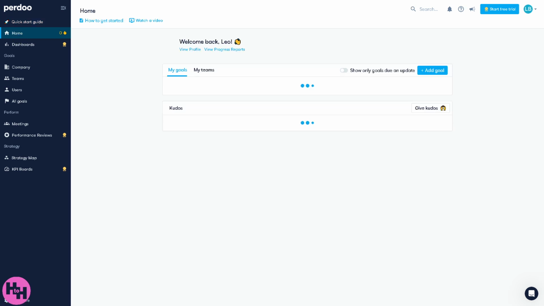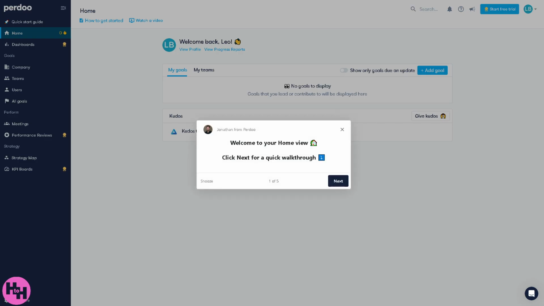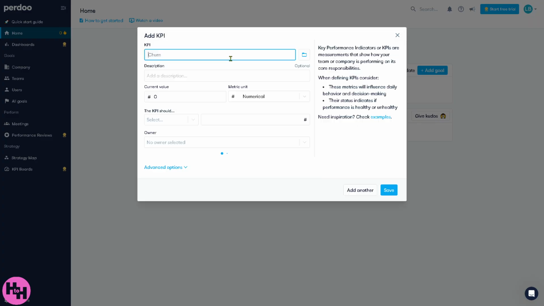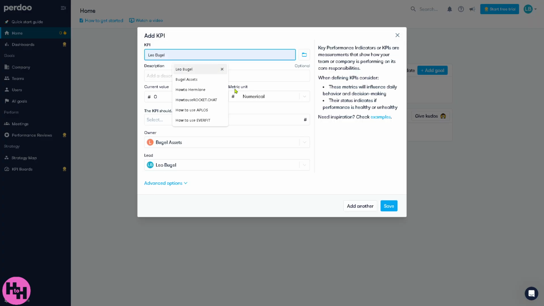Of course, the main homepage is going to be the overview of your tasks if you have that, recent updates, and goal progress. You can add a goal if you want. For example, is it going to be a KPI or an OKR, depending on your preference. If it's going to be a KPI, let's say for this instance, we're going to be using